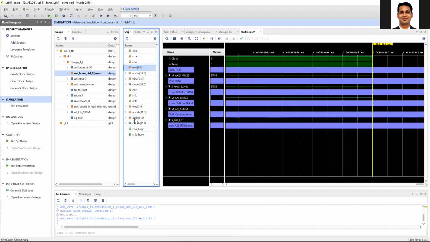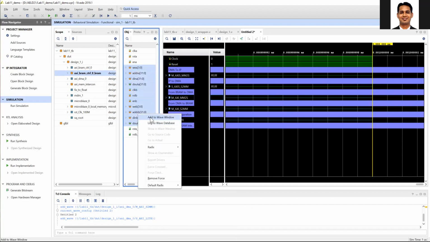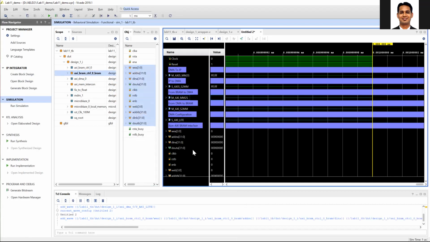So all these signals will be in the block RAM. This will be the actual block RAM signal from the AXI to the block RAM. Okay, so these are the signals we'll see. So let's run the simulation.